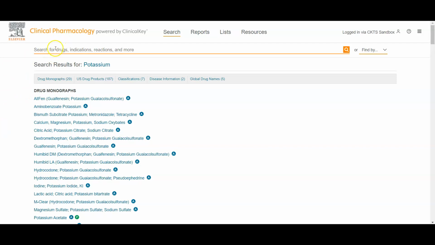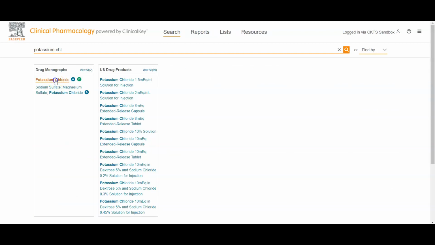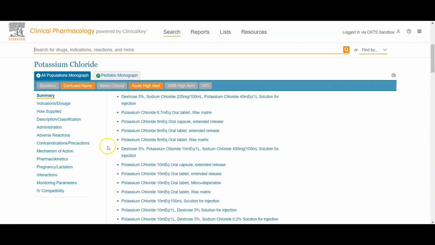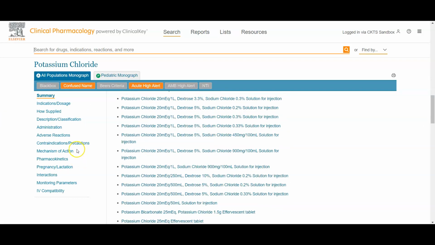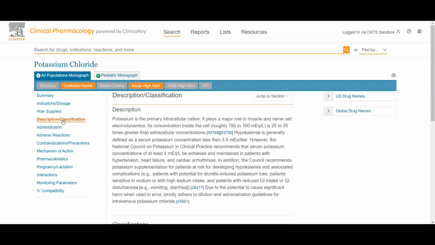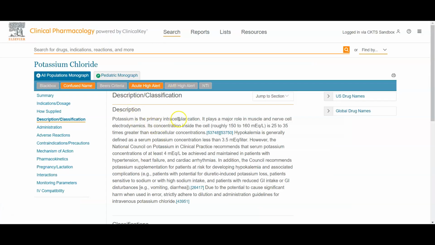So we can go ahead and type in here potassium chloride. This is going to give you all of the information that you need to know on this medication. So let's go to description/classification. We're going to go back here. Classification. And you're like, oh man, I don't know what kind of classification potassium chloride is. Go over here, read,